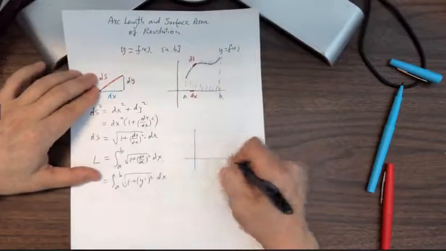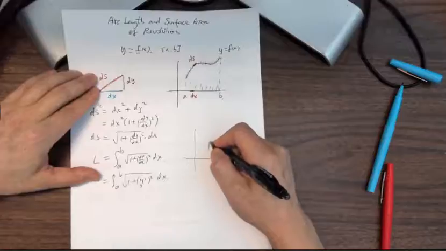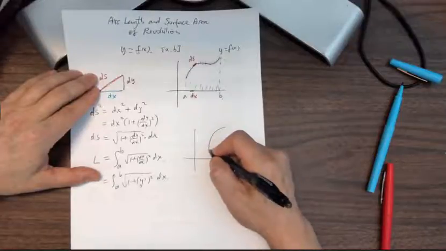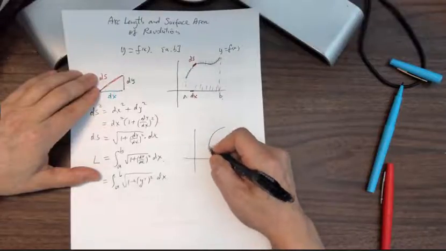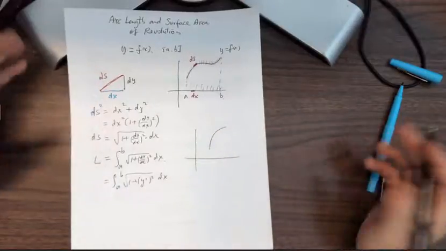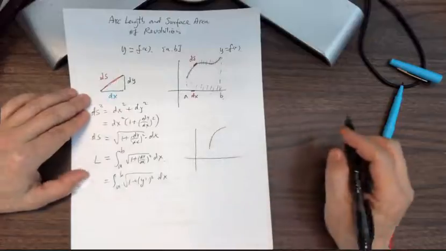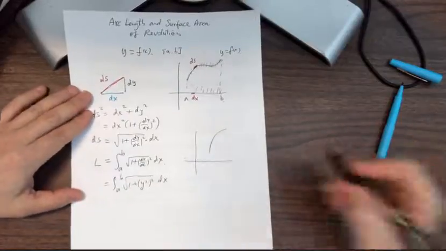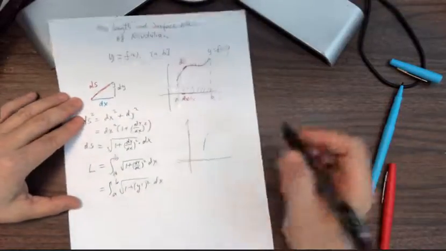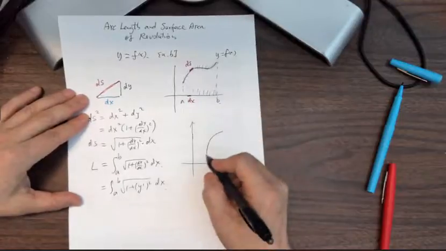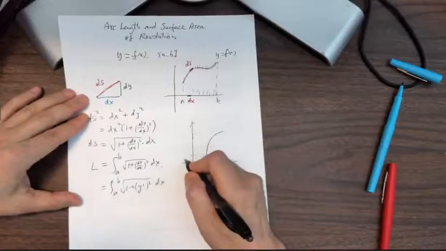When that happens, for example, if you have, you can just say, part of a circle. Here, the derivative would be infinity. You can place a vertical tangent line. What we do is this time over